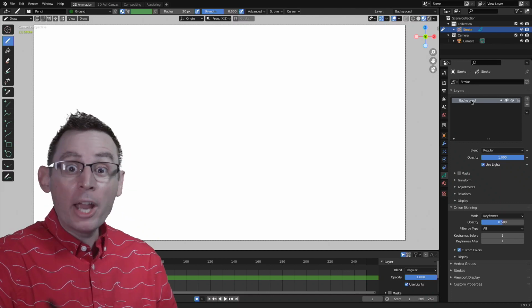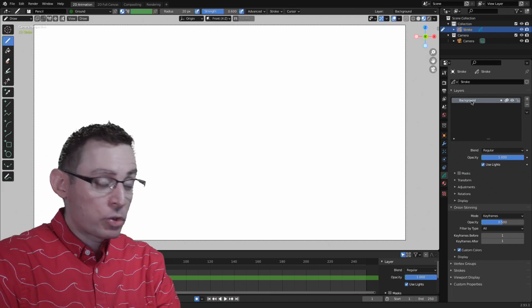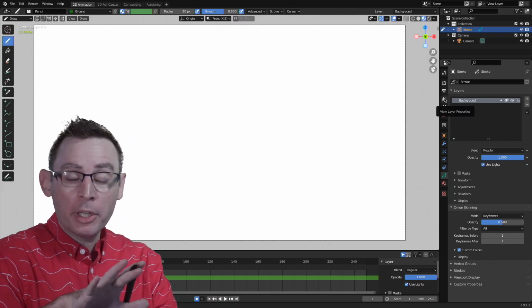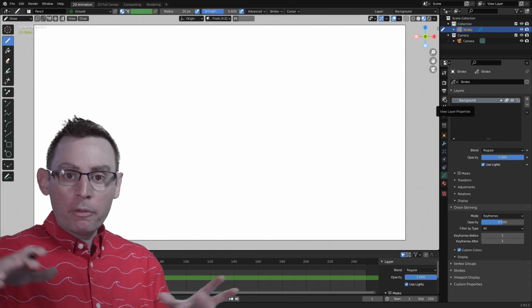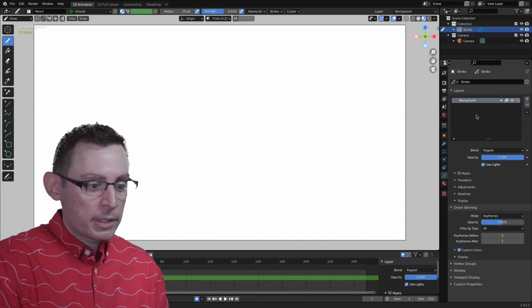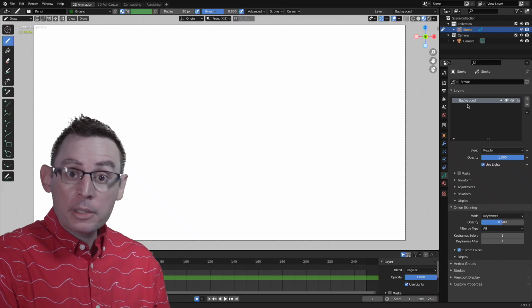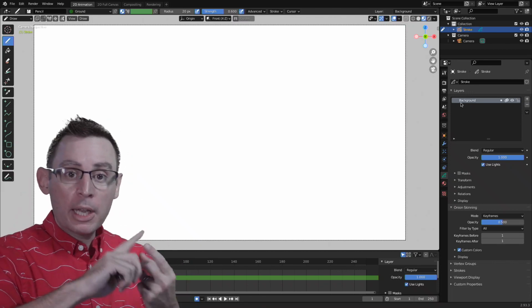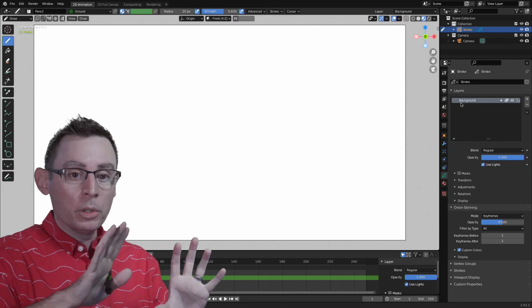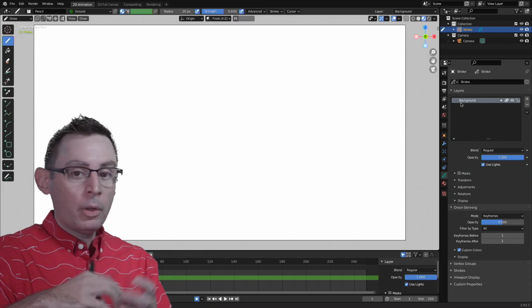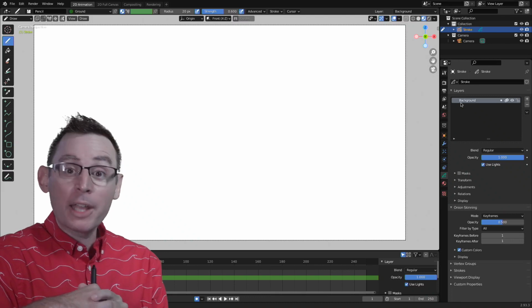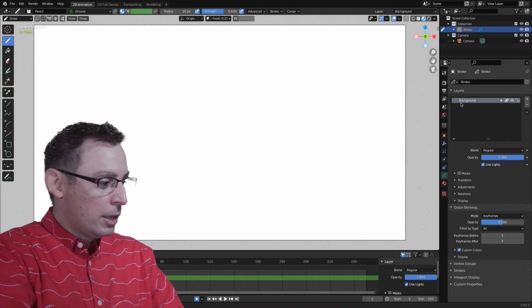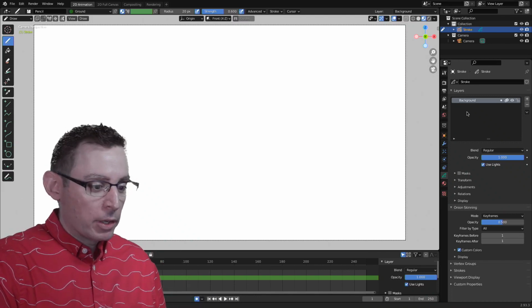There we go. Now I know that whatever I draw is going to be placed on this animation layer, and it begins to separate it out from the rest of the set, because I'm going to have some other parts and pieces that I'm going to start layering on here in a minute. This is going to be the sky, the clouds, and the ground all in one layer, and then later we'll put the ball and some guidelines in there to help us animate. So we're going to have multiple animation layers inside of our scene.